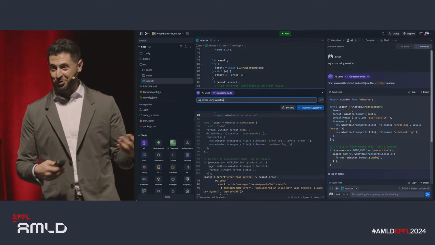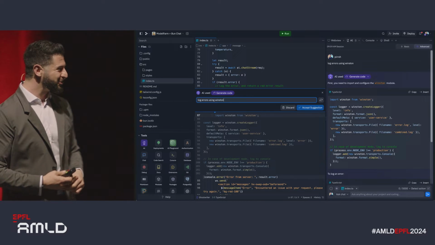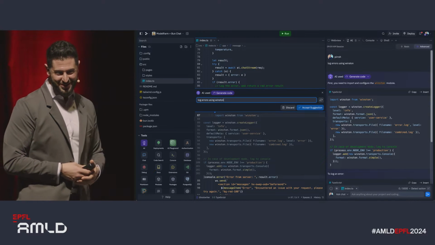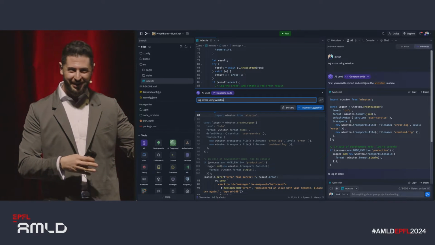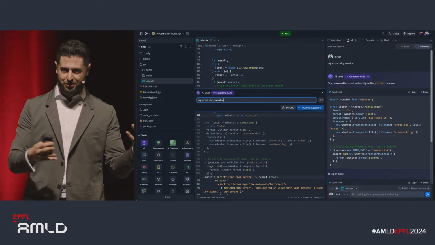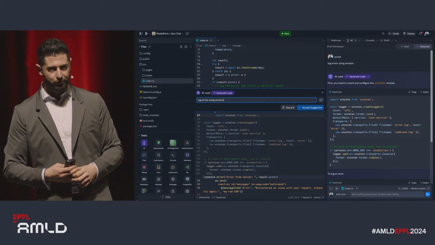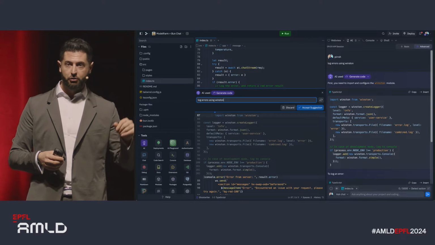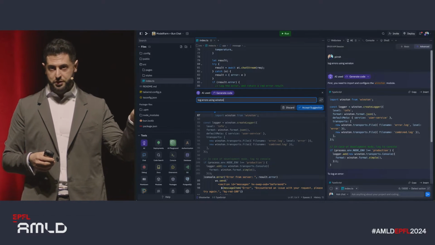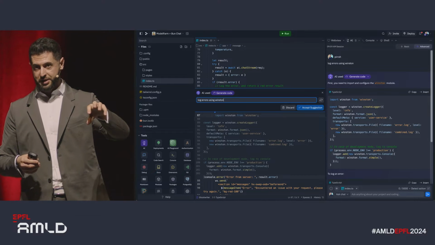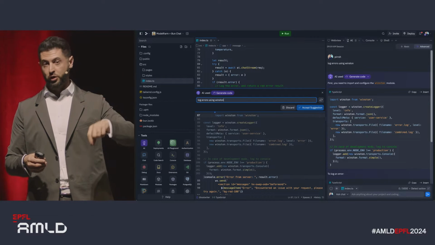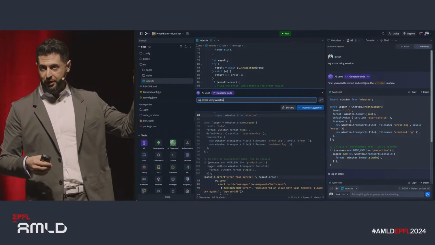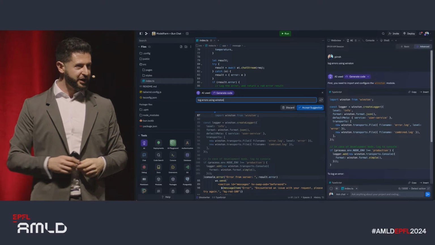It's about time I show you what we actually have on the platform. So this is how Replit looks. On the left, you have a file tree and a set of different tools, which will look very familiar to you if you've ever written code. In the middle, you have your editor, and you can already notice that right now the user here is not writing code. They're actually expressing in natural language what they want to do. Here, I'm asking to replace my logging library with something else.